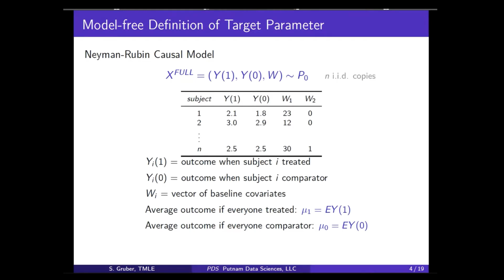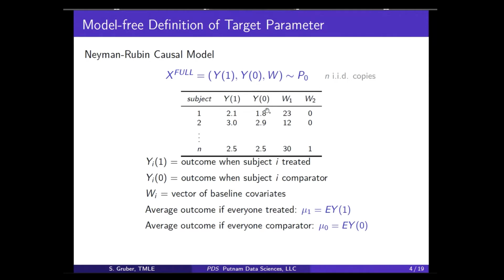What we have here is what we're going to call the full data. In this ideal world, just assume that the treatment is binary, you have treatment or comparator. If there were multiple levels of treatment, you'd have multiple ones of these. Let's assume that Y1 is the outcome conceptually that somebody would experience if they were exposed to the treatment of interest, and Y0 is the outcome that you would observe if they were exposed to the comparator. Sometimes I might say control today instead of comparator, but I mean the same thing either way.